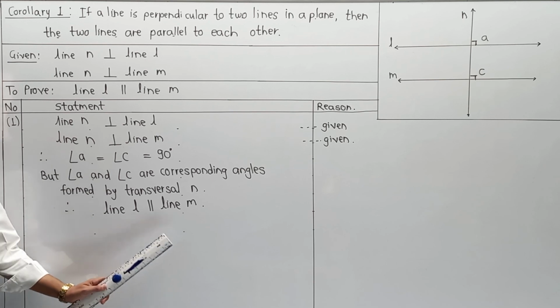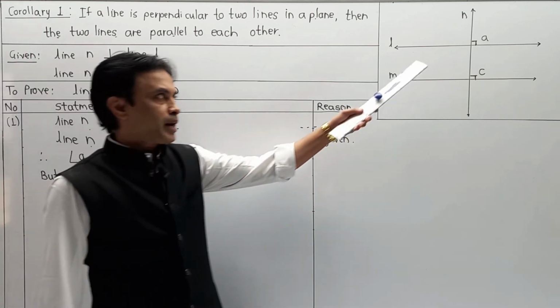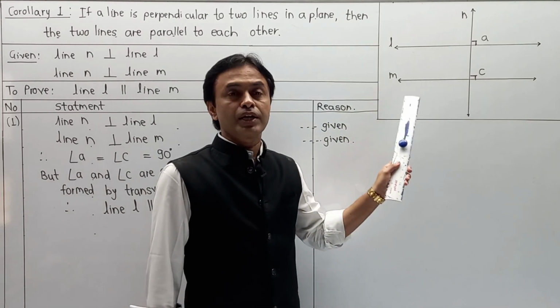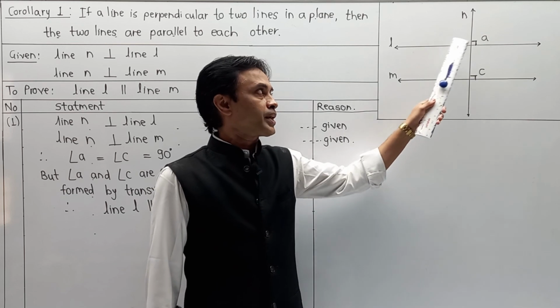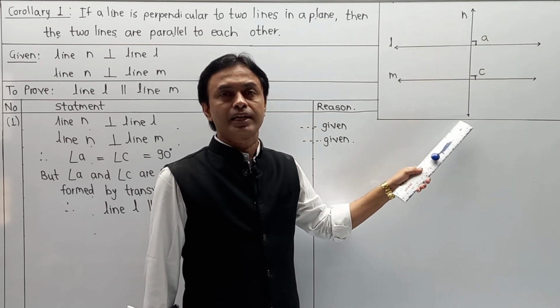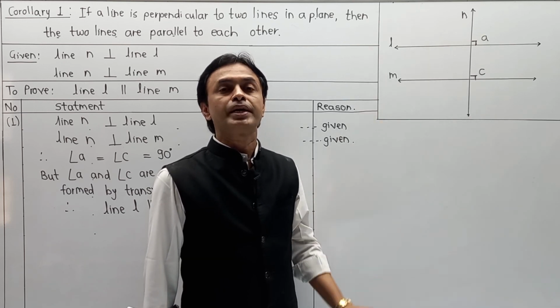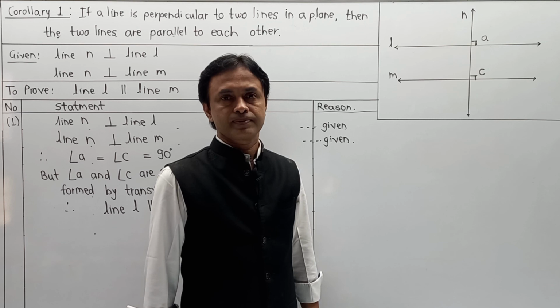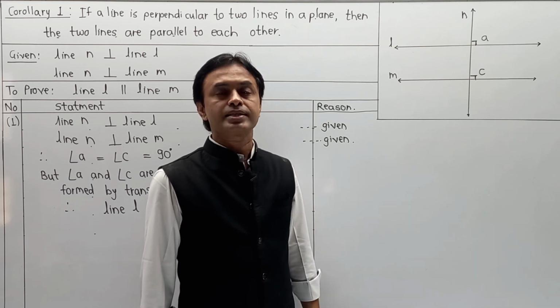Remember, this corollary can be written in two different ways. The second method is that if I take two parallel lines here, you can also prove it for three parallel lines, four parallel lines, five parallel lines. Or if a transversal is perpendicular to the first line, second line, third line and fourth line, or whatever number of lines, then automatically all the lines will become parallel lines. And in this way we are moving to the next part, and that is exercise 2.2.